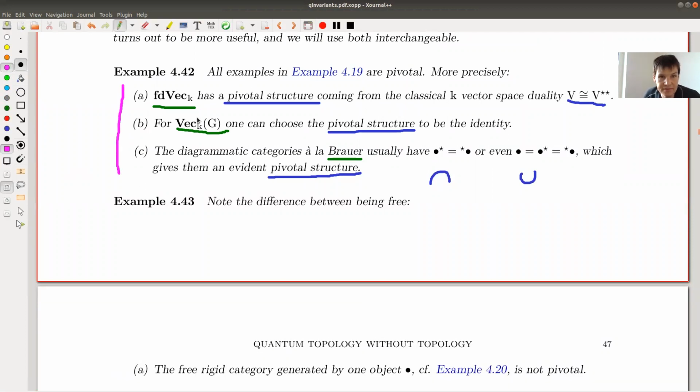All right. And the one with the W here is also pivotal, but maybe then it's a bit trickier to talk about a pivotal structure. That's why I omitted it from this example. But anyway,